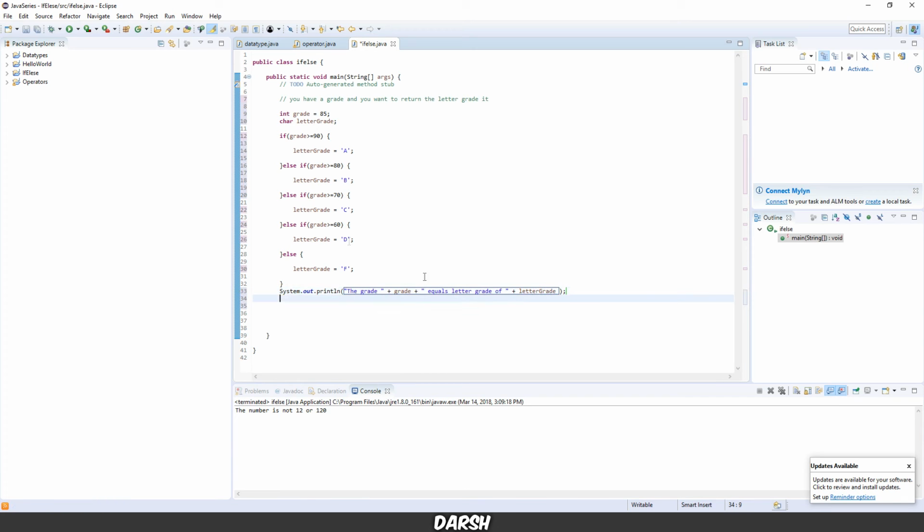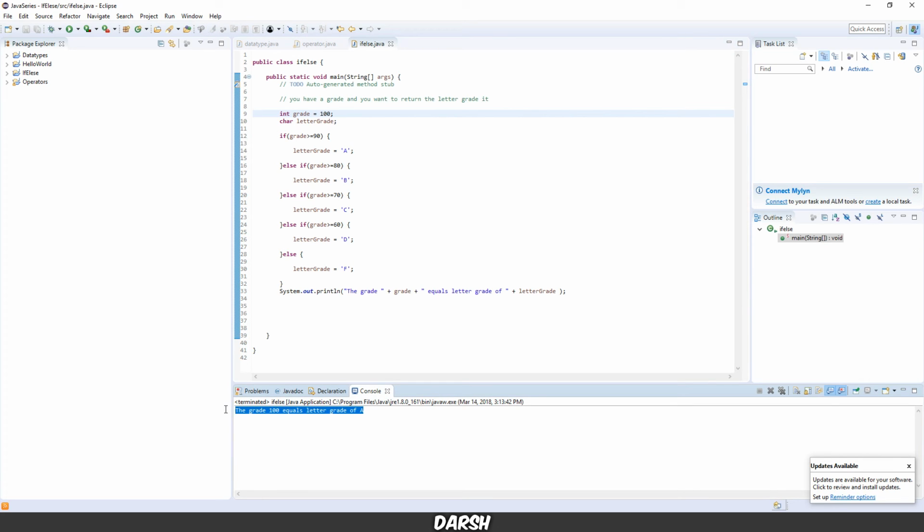And after this, you can see it says it's a B, and that is correct. So let's do 100, and you have a letter grade equal to A. Now if you do any number greater than 100,